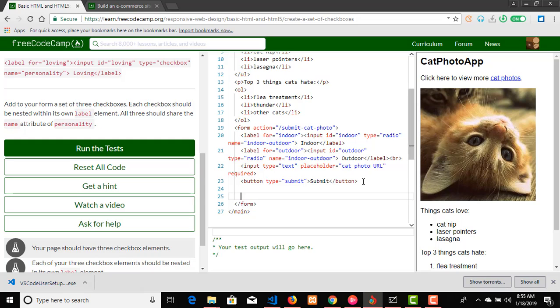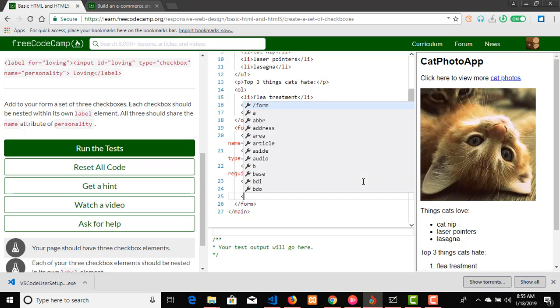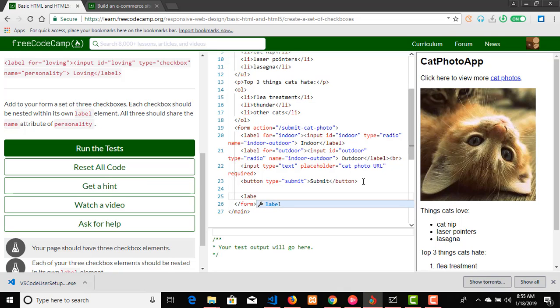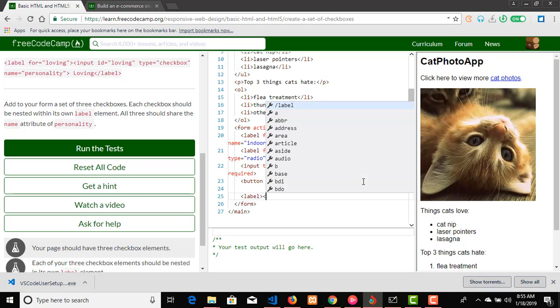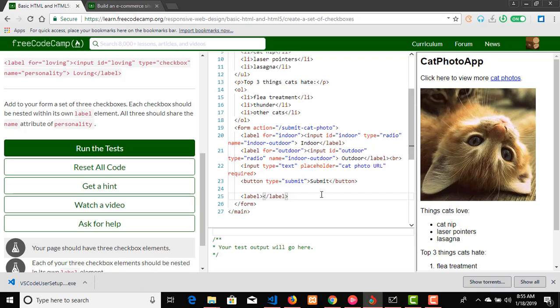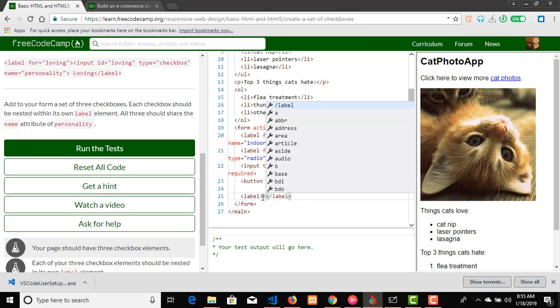So I need 3 checkboxes. They should all have their own label like this. I need a label, first checkbox, and label. So this label should have like an input